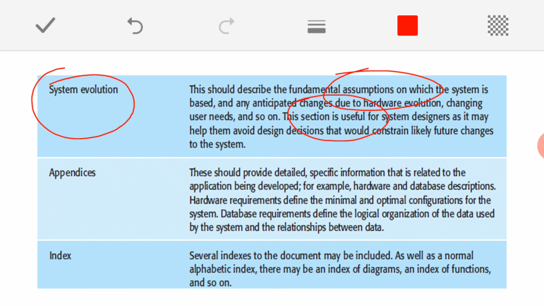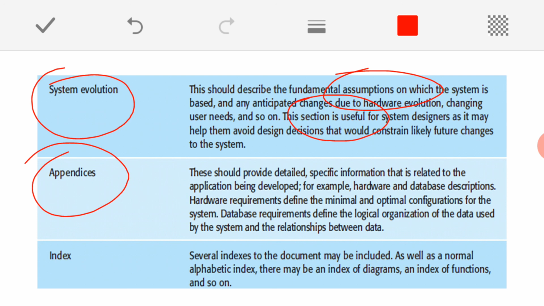Then the last but one chapter is the appendix. You know that, as usual, in most textbooks the appendix consists of some supporting information which will be helpful for understanding the actual content of the document.